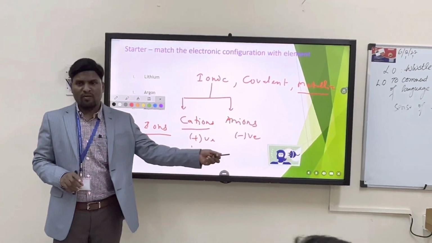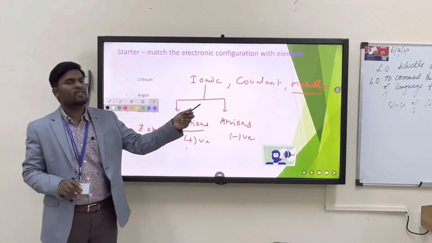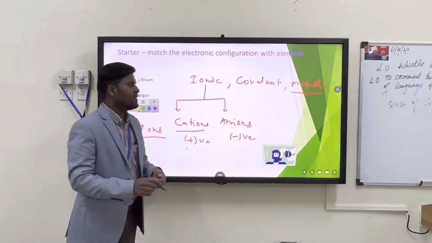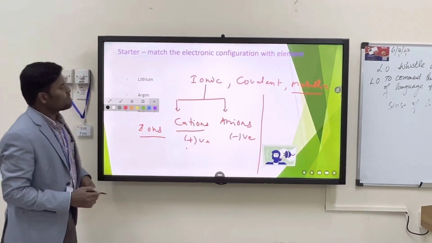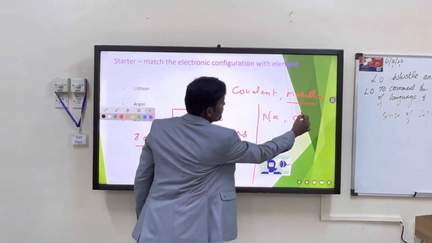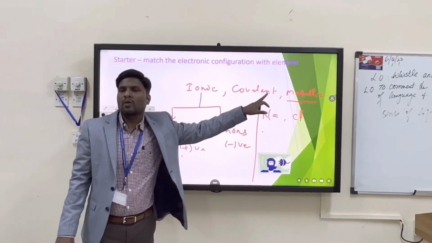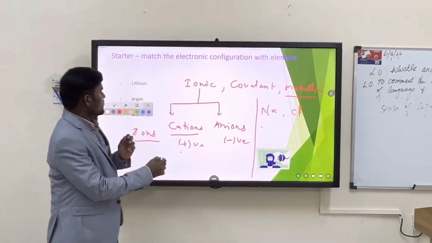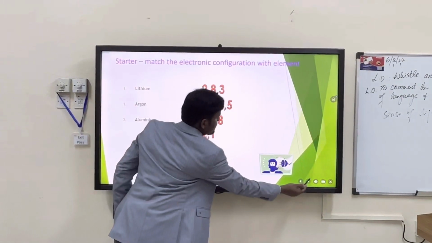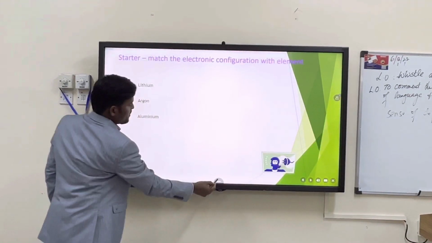Once these ions are formed, let me take a specific example and let us confine our discussion to ionic bonding in the formation of NaCl. So NaCl, that is sodium chloride, is formed out of sodium and chloride ions. Sodium and chlorine. But first we should have an idea of how sodium and chloride ions are formed. Okay, so let us look at this in detail. So let me explain the formation of